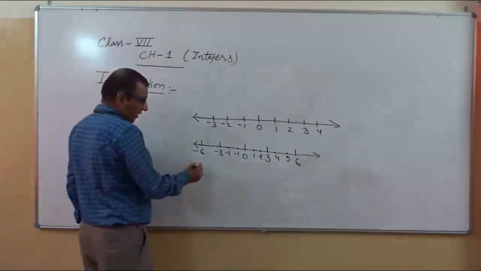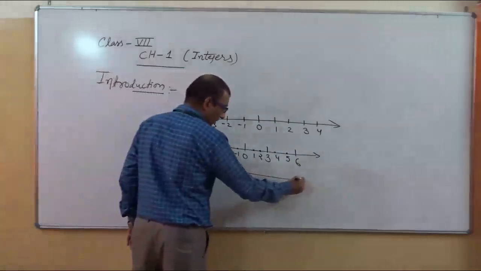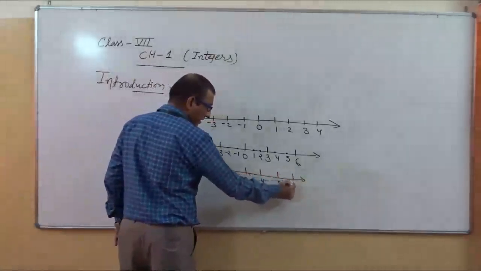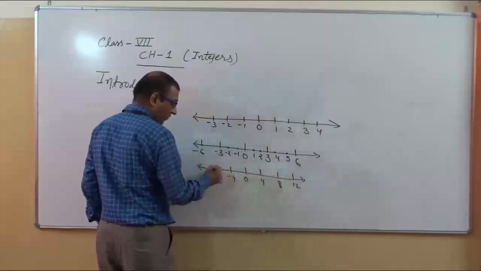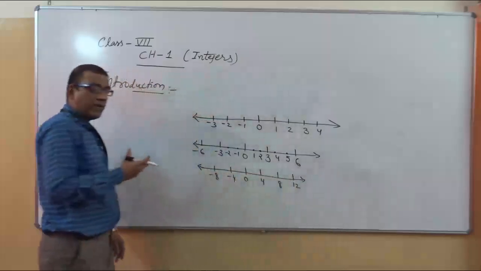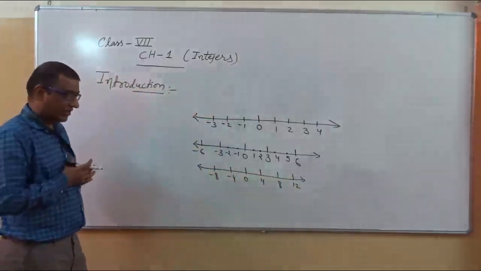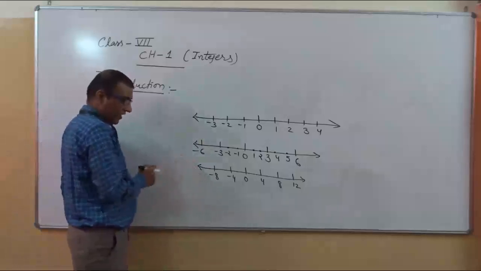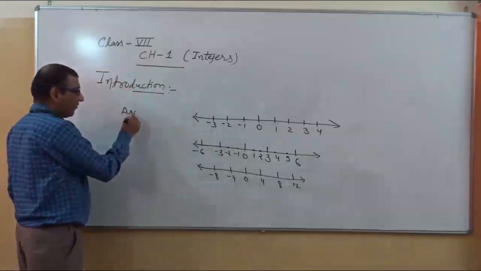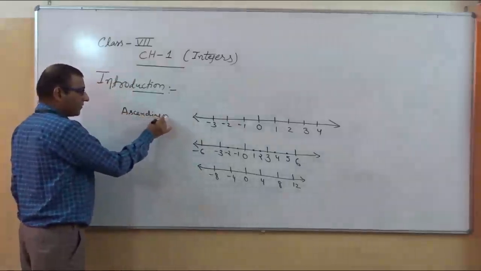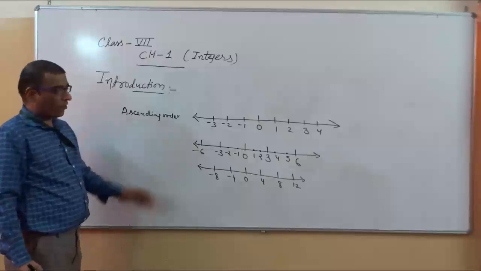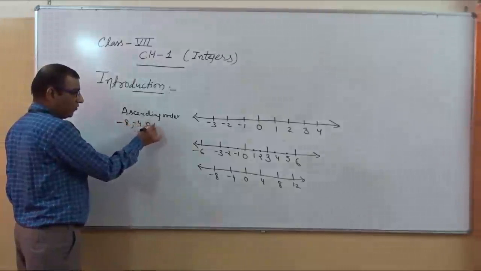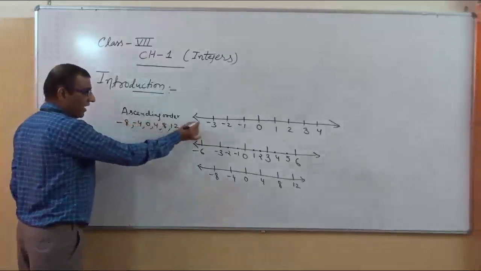One more example I am taking here. For example, if this type of number line is there, and this is your 4, 8, 12, this is -4 and -8, and if someone wants to know about ascending or descending order, how can we do ascending order for this number line? As you know very well, in the concept of ascending order, from smaller to bigger. So first we will write -8, -4, 0, 4, 8, 12, and so on.